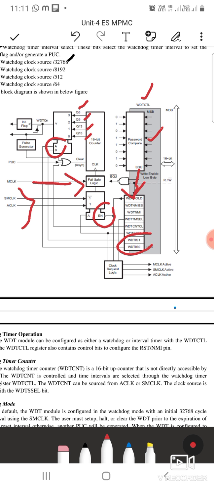You can clear your watchdog timer through the PUC, through the counter clear, or through the interrupt from the interval mode. By using these three ways you can clear your counter register. Okay, thank you.